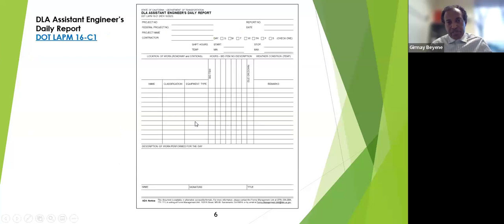So this is the DLA Assistant Engineer's Daily Report, LAPM Exhibit 16-C1. As you can see here on this form, this is project information here on the top left. We need project information. What is the project number? Federal number, if there is any, project name if it has a name, and the contractor: the prime contractor's name here, or the contractor performing the work, or the subcontractor, whoever is doing the work, write the contractor's name here. The report number, date is important, and day of the week, Sunday, Monday, Tuesday, Wednesday,